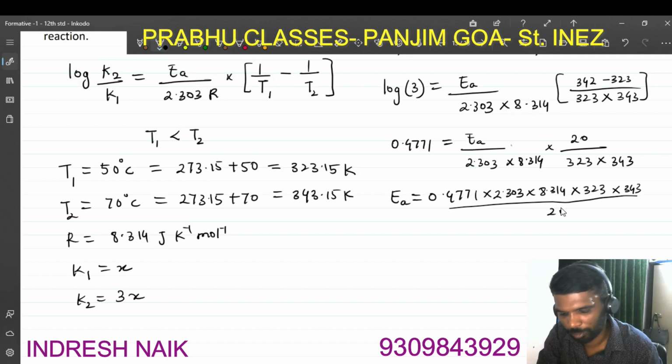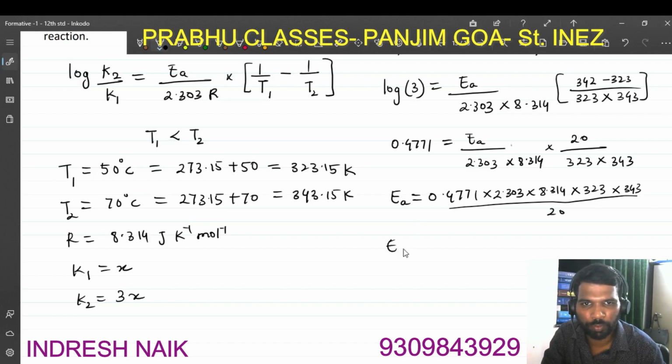The rest is multiplication. You know it well. I'll just use the calculator: 0.4771 multiplied by 2.303 multiplied by 8.314 multiplied by 323 multiplied by 343, divided by 20. So the answer I am getting is activation energy equal to 50603.43 joules